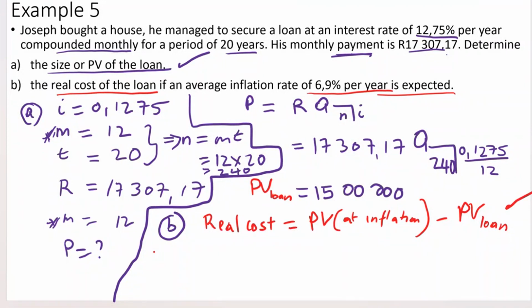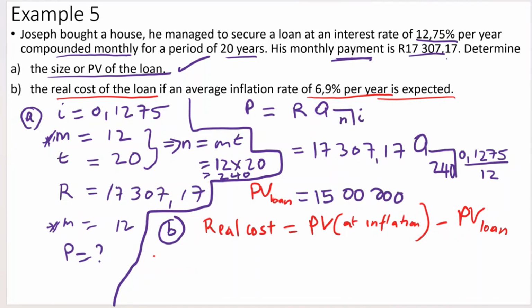We already have this part, but we don't know this part. So we need to calculate the present value at inflation. To calculate the present value, we are going to be using the same payment. Nothing has changed. The only thing that has changed for the present value of the loan is the interest, which is an inflation. So now our present value at inflation is going to be equal to